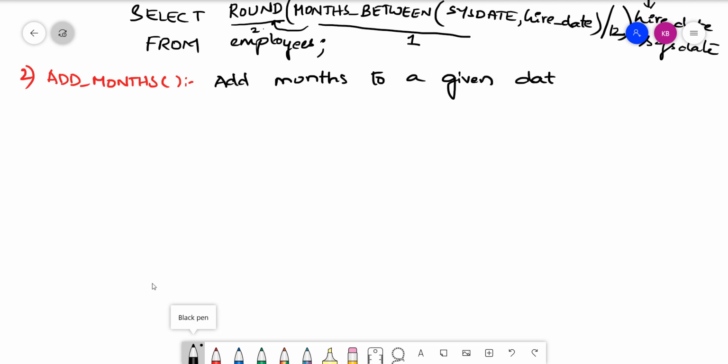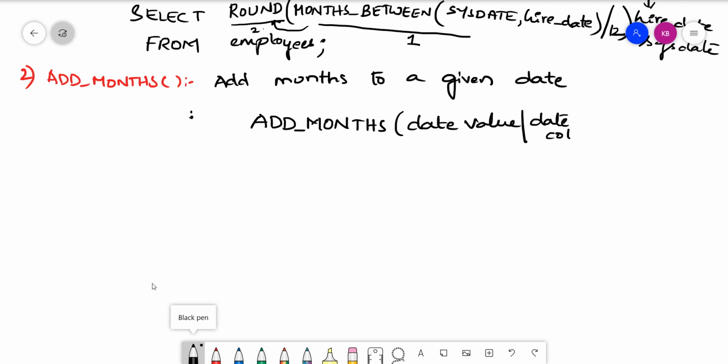By the definition itself, we can understand that the add_months function will be considering two parameters. The first one would be a date value or the date column. The second one would be a number, the number of months that we want to add.